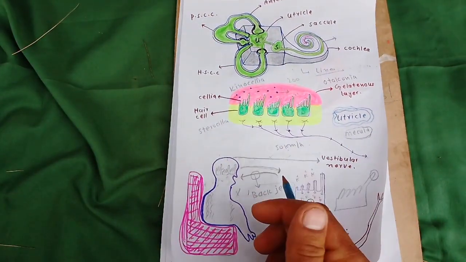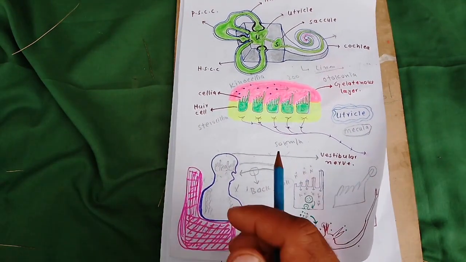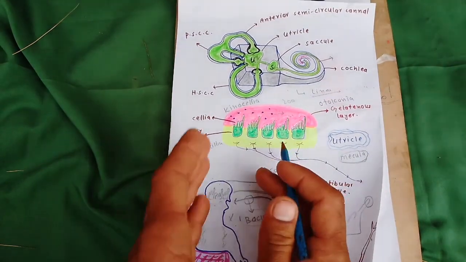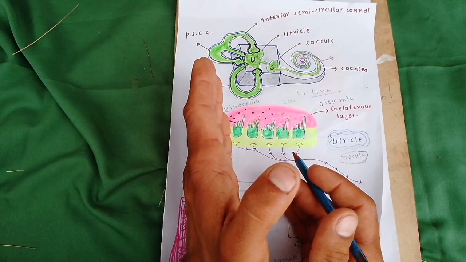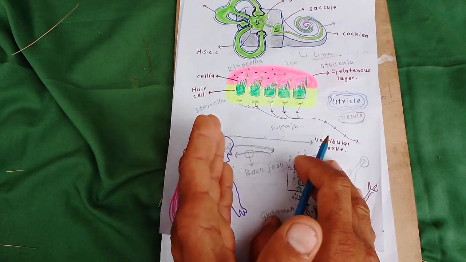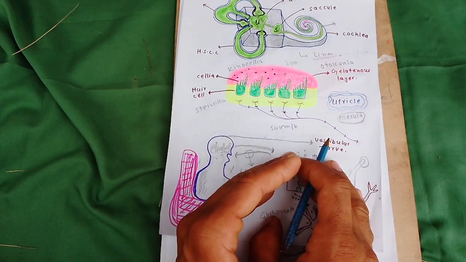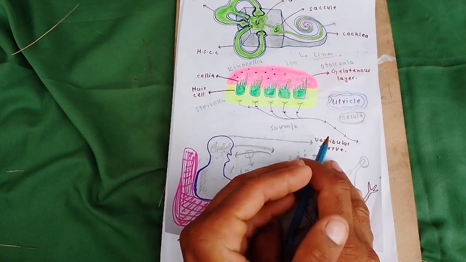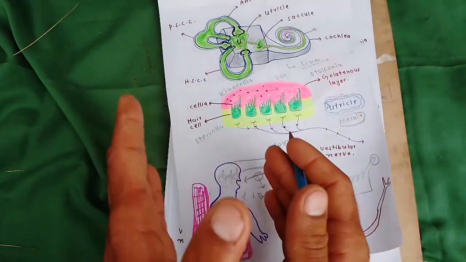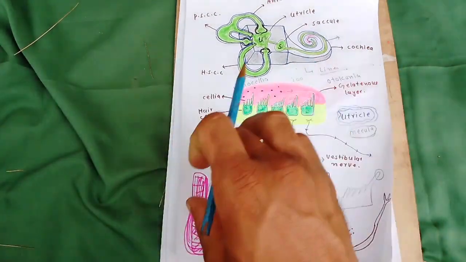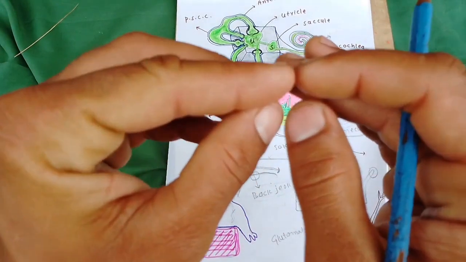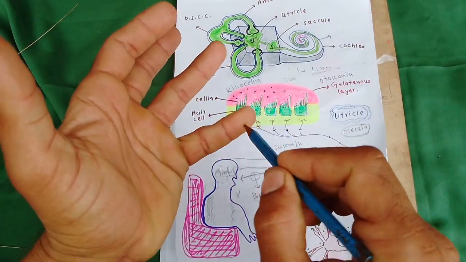Here, when the man goes forward and then has a backward jerk, we can say that during braking, when the driver brakes, the normal position is disturbed, and the man goes in the forward direction. Then after a very small time, the man goes in the backward direction, a backward jerk, because the message goes to the brain in order to bring the body to its normal position. So the utricle is responsible